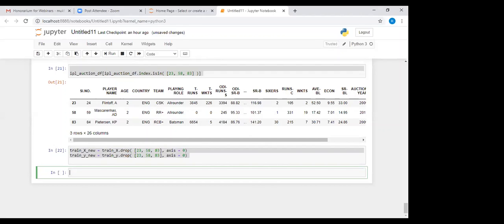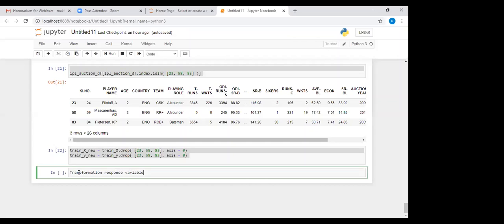Now comes another concept, transformation. I'm just showing you transformation of the response variable. It is useful when there is heteroscedasticity.